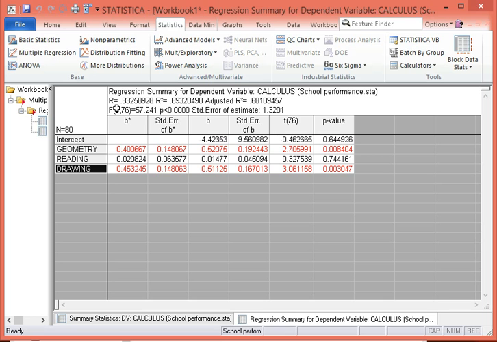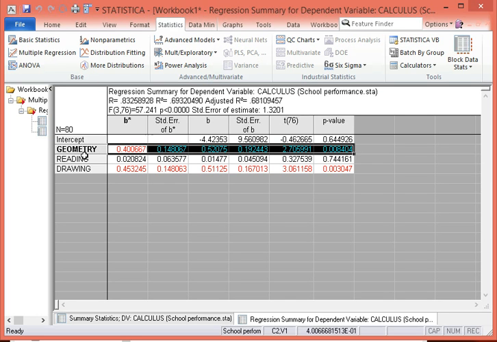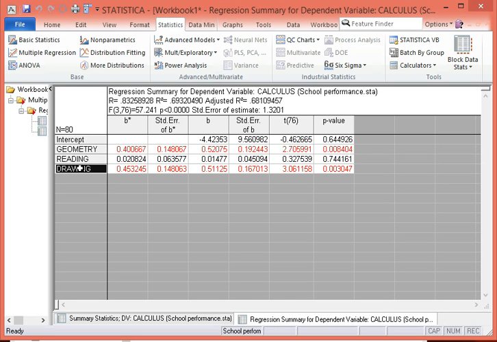All right, so we've answered our first question. Now the next question would be, which of the three IVs, or predictor variables, really is predicting the scores in calculus? Okay, so we have here first the intercept, which, if you watched the previous video,